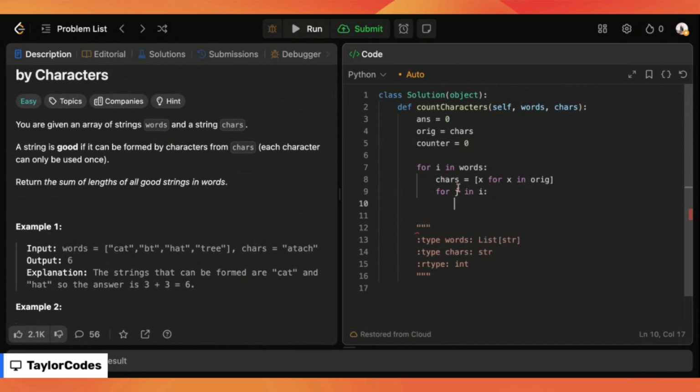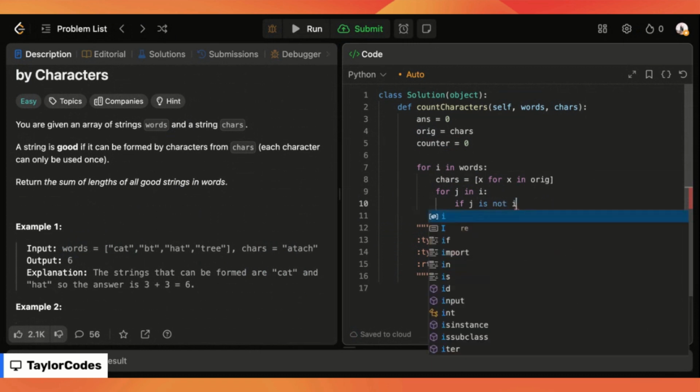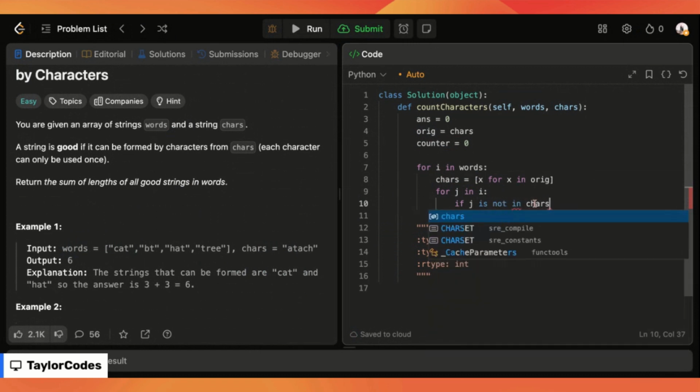So this will let us iterate through each character in the word i. And so now we can say, hey, is this character within characters? And if it's not, we can just break right there and move on to the next word. So we'll say if j is not in characters,